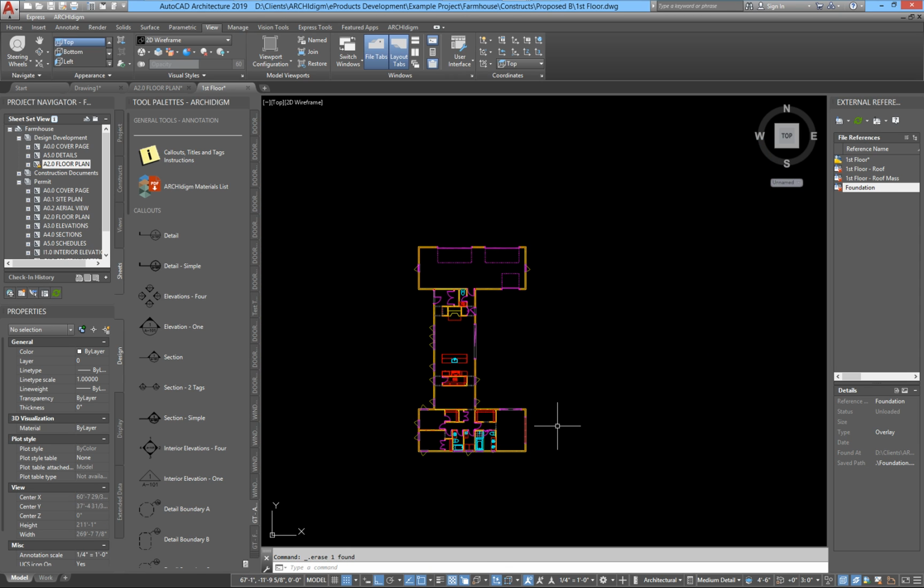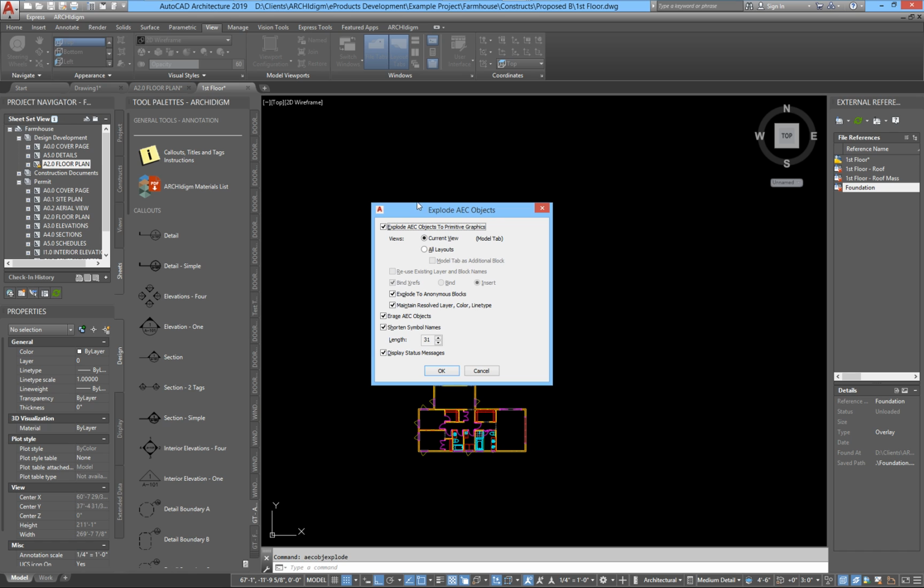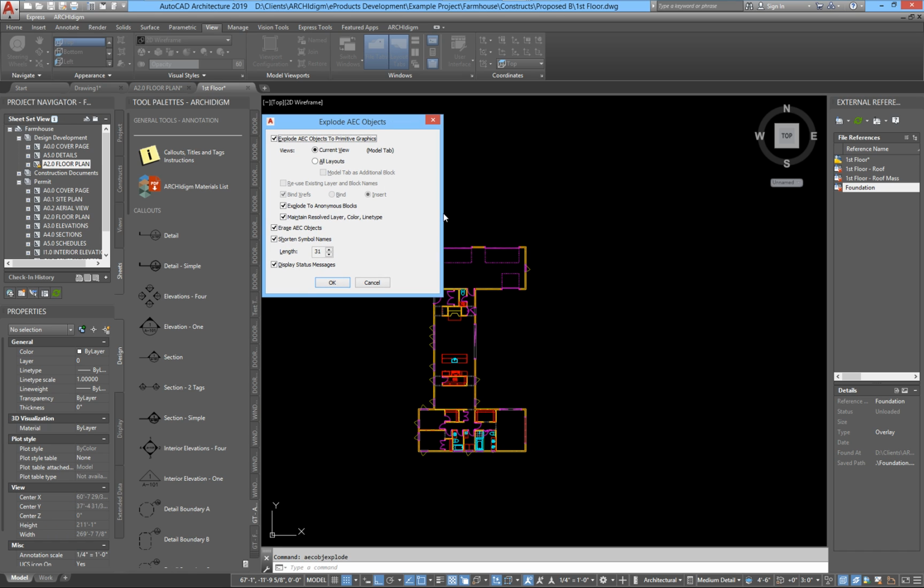Now another option that you have is the AECOBJEXPLODE command. Oops, I mistyped that. AECOBJEXPLODE. This is an older command that we are going to see in another form in my next example. Here we'll look at it, and what this says is explode your AEC objects to primitive graphics, the current view,